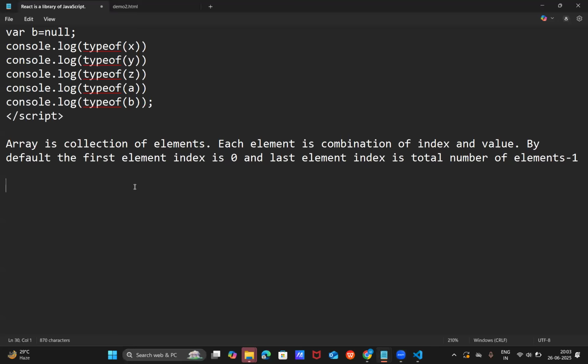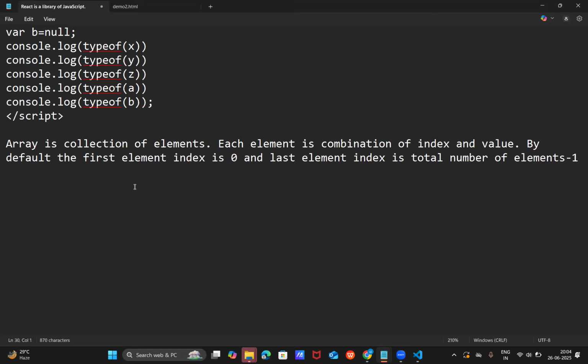So now the point is: what is the difference between a normal variable and an array variable? Simple point. A normal variable can store a single value, while an array can store a collection of values. For example, a variable means a memory location in RAM. In a memory location, I want to store a group of values, meaning all usernames or all table records. In future, we will discuss how to connect with endpoints and API services, and that API service will give